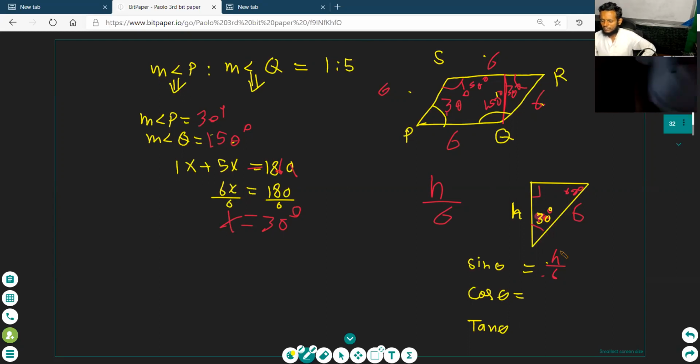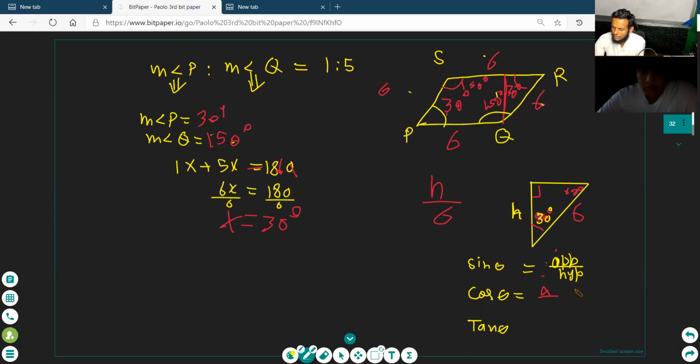Write the other formulas. First write the formulas. You don't know the formulas. First write the formula as opposite upon hypotenuse. Why do I have to rewrite this? First I say write the formulas. Only write the formulas, not solve it. Sine theta formula is opposite upon hypotenuse. Every day I teach you the sine formula is opposite upon hypotenuse.